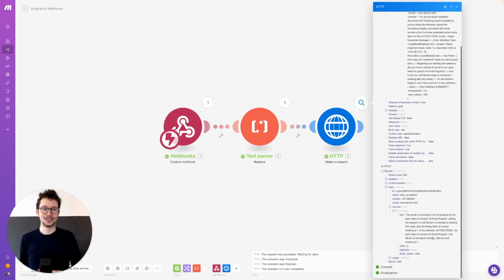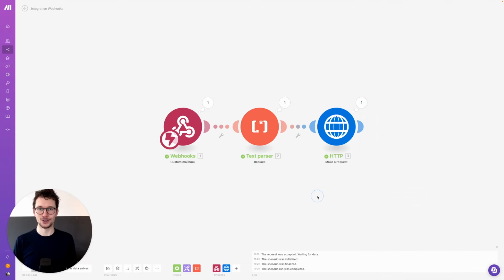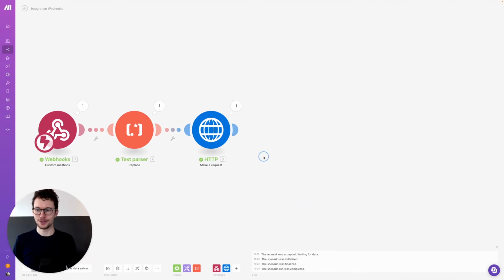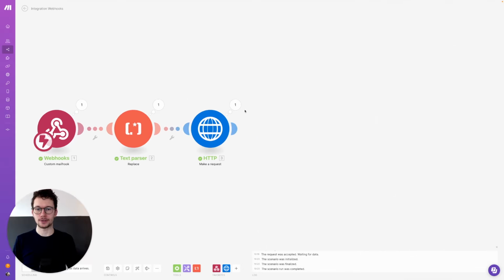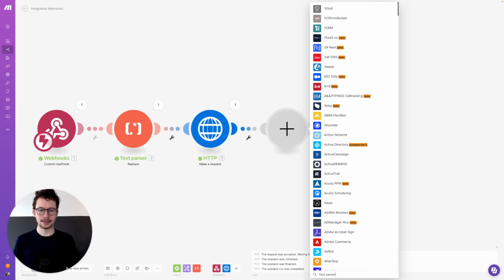Now all we have to do is we need to take that summary and the action items and add them to Notion. So how do we do that? First off, we need to extract only the action items instead of also the summary. So in order to do that, we're going to add another text parser. So we click on add another module, text parser,